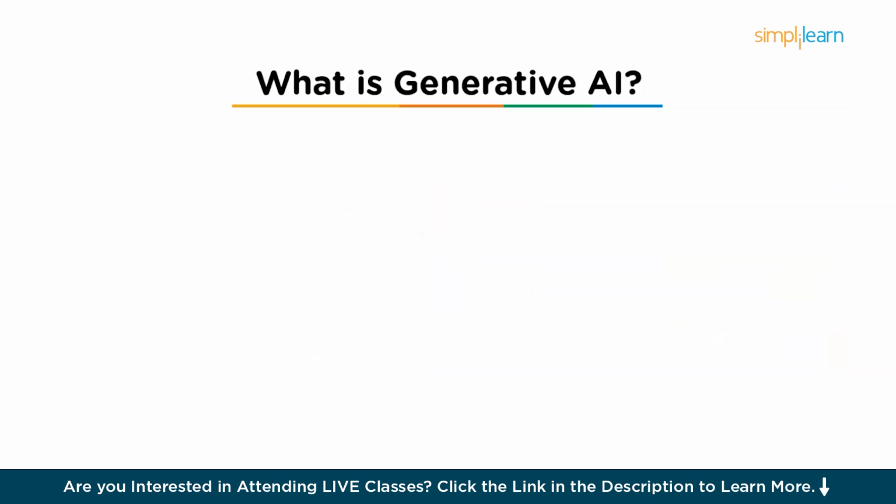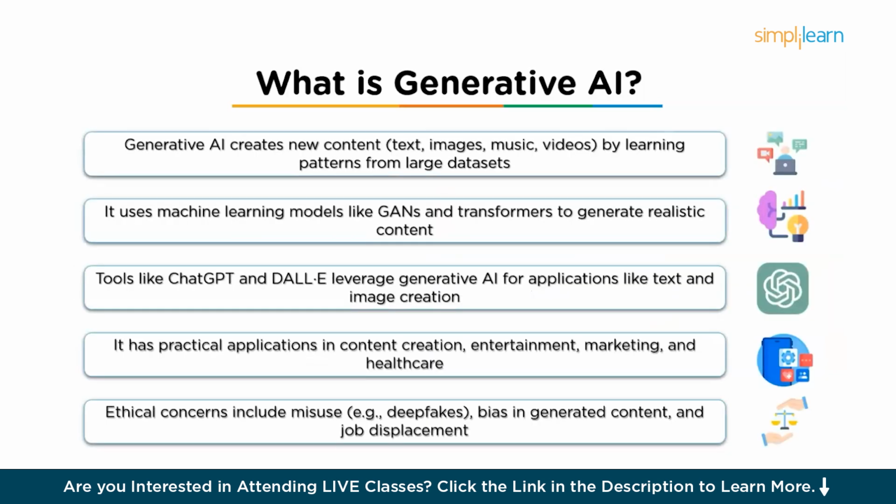So at the heart of generative AI is the ability to learn from datasets. The AI is trained on massive amounts of data. This could be millions of images, articles, or pieces of music. So through this training, the AI learns patterns and structures within the data, and then it uses this knowledge to create something new. For example, if you ask a generative AI to write a poem, it will use what it has learned about how poems are structured, such as rhyme, meter, and themes, to generate a brand new poem from